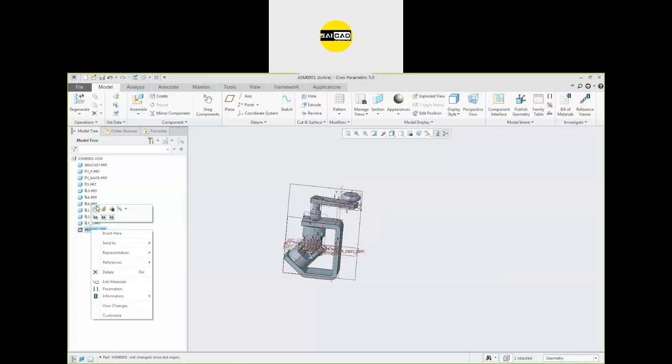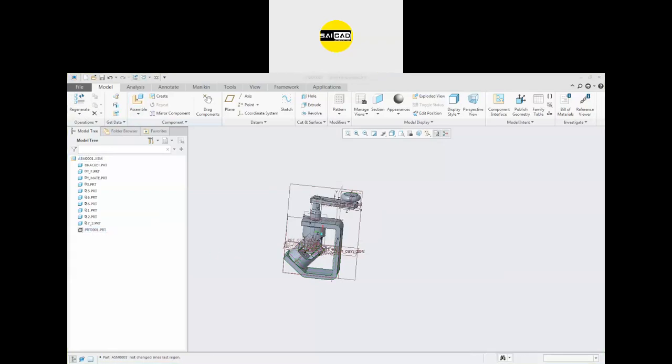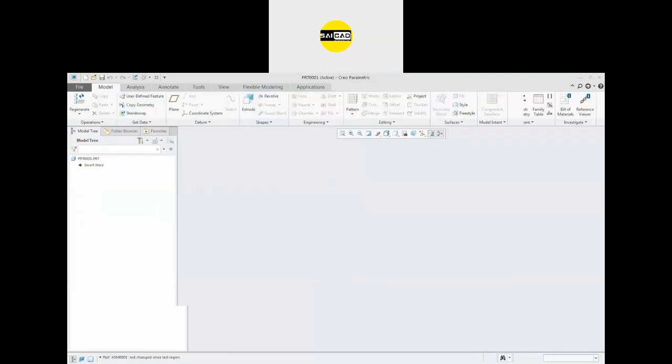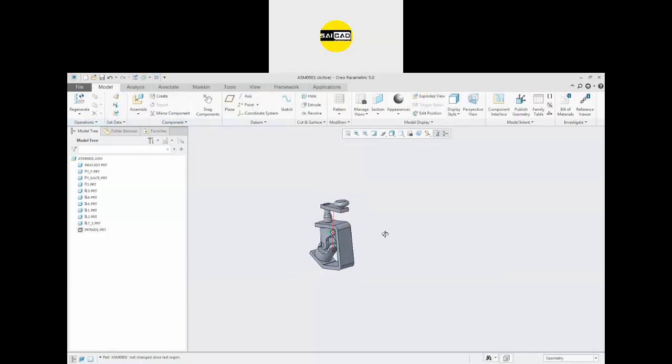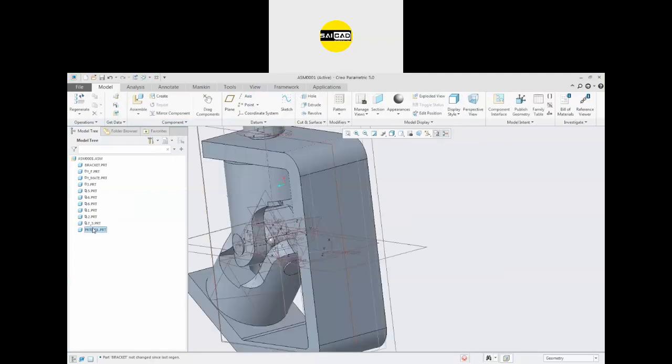Okay, we have to define its position. You can open the part. Wait a second, it is hanging.